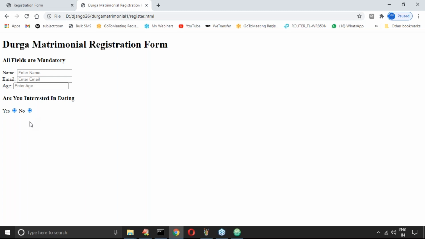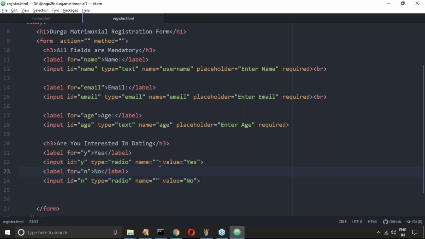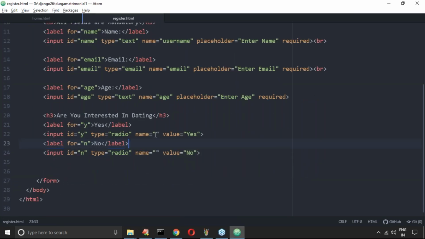Okay, somewhere I covered already. Both the radio buttons should be with the same name. Remember, both the radio buttons should be with the same name. That's why what I have to take care is, name dating.